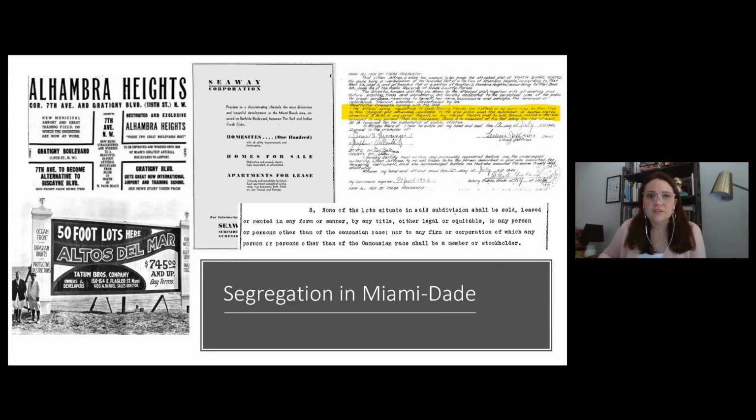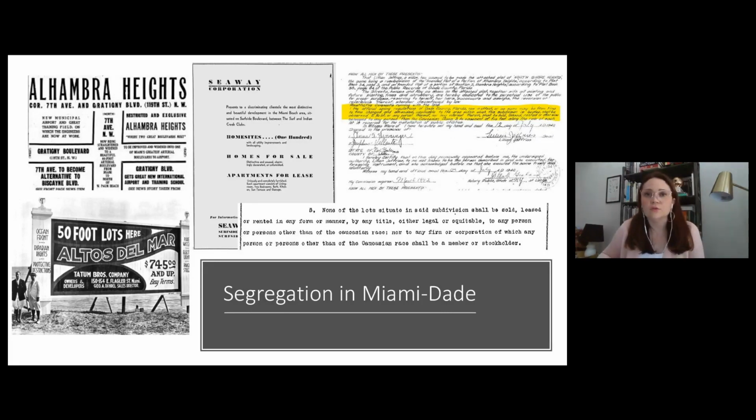And these are just some other examples of things that were done, not just here, but elsewhere across the country: specific covenants and restrictions, plats, et cetera, restricting properties to Caucasian race only. Advertisements were used, for example, this one at the upper left, talked about restricted and exclusive.